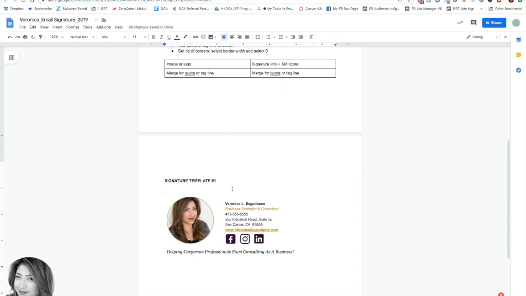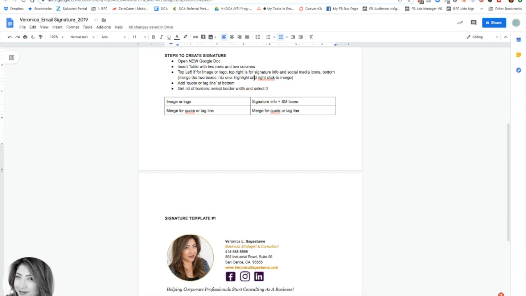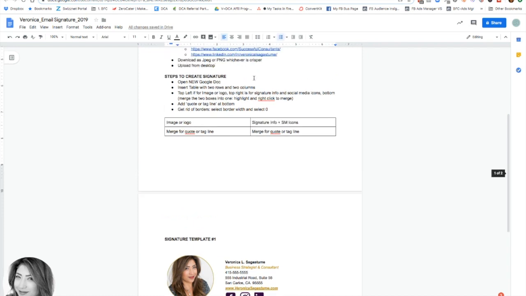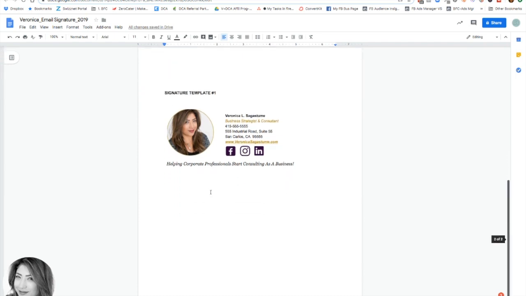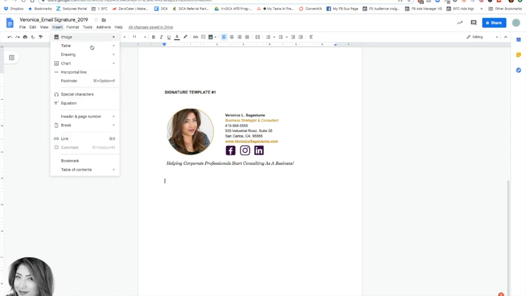In this document that I have outlined the steps for you, I will show you how to follow along: open a Google Doc, insert a table, and make sure that you know what to do with the different rows. Even though I'm showing you how to create the signature on the same Google Doc as the instructions, I don't want you to do that. I want you to start with a blank slate. Here I'm going to pretend like I'm starting new,